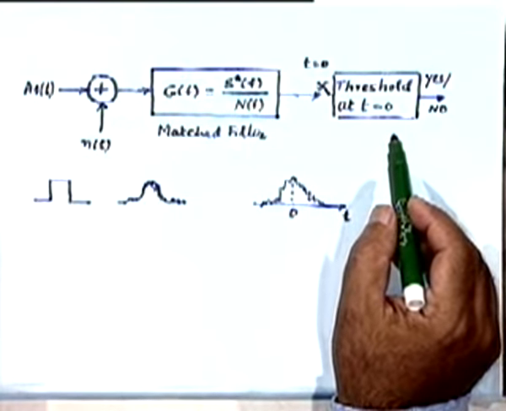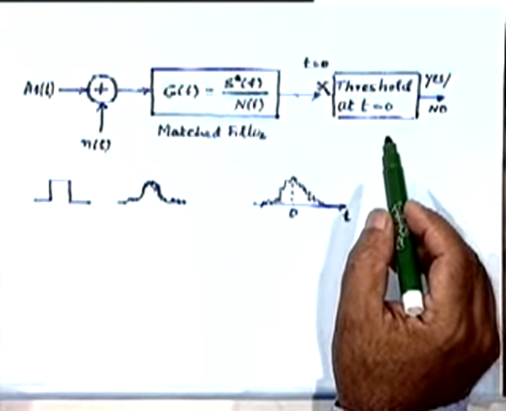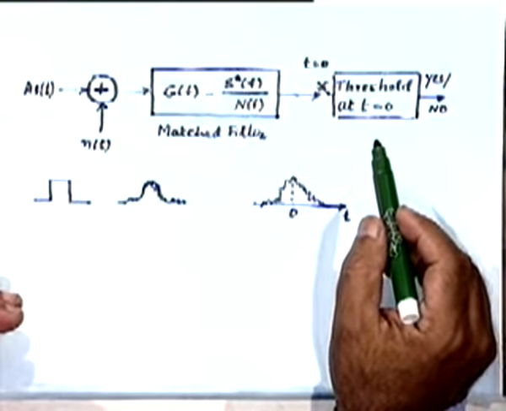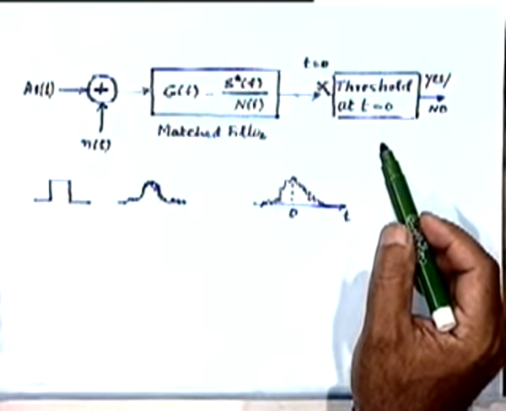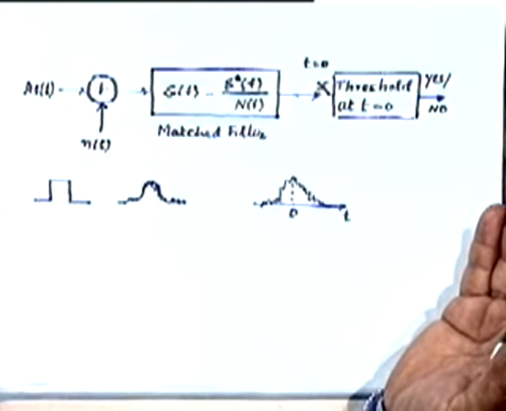If you choose, for example, too high a value of threshold, what is likely to happen? Sometimes when the signal is indeed present, because of noise, the level may be less and you may wrongly decide that it is absent, right? On the other hand, if you choose too low a value, a noise spike might come along. There will be nothing else but noise, and sometimes because the noise is sufficiently large, because occasionally it can be large, it can produce at that sampling instant a value which is sufficiently large to exceed the threshold, and thereby causing a false decision that a signal is present, when indeed none is present.